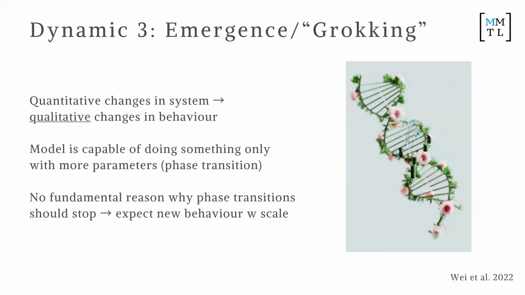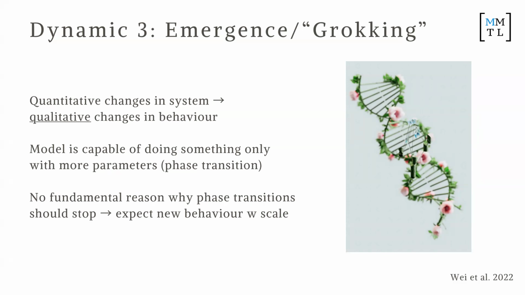Now, the third dynamic that seems to be really interesting is this concept of emergence, which in computer science speak is called grokking, right? So that's why Elon Musk's AI model is called Grok. So what is emergence? Emergence basically says that there are quantitative changes in a system that lead to qualitative changes in behavior. So what on earth does that even mean? We have our brain, the brains that we have inside here. For some reason, if you add enough neurons, something like consciousness suddenly comes out. We have no idea why. Okay, we do not know why that happens.